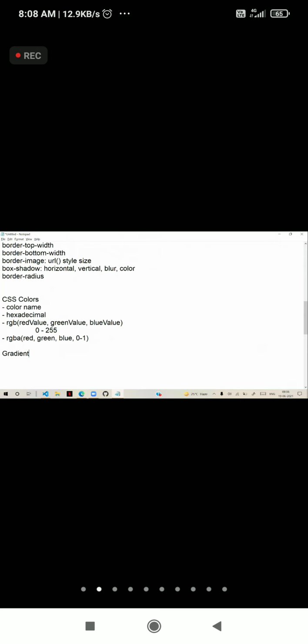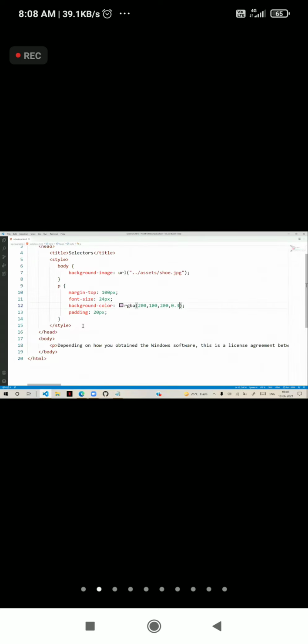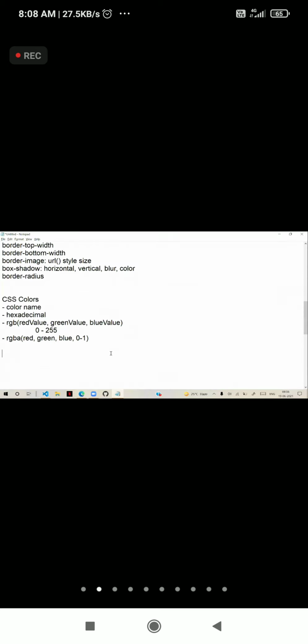That is what is actually called a gradient. But for gradients, you have to understand the background. Once you set background images and all, then you can apply the gradients. How the gradient colors are used, how we can work with gradients, and what the units of CSS are, we will see in our next session.